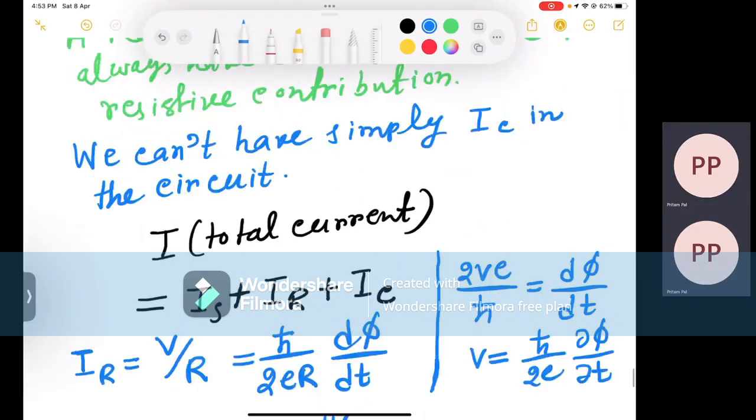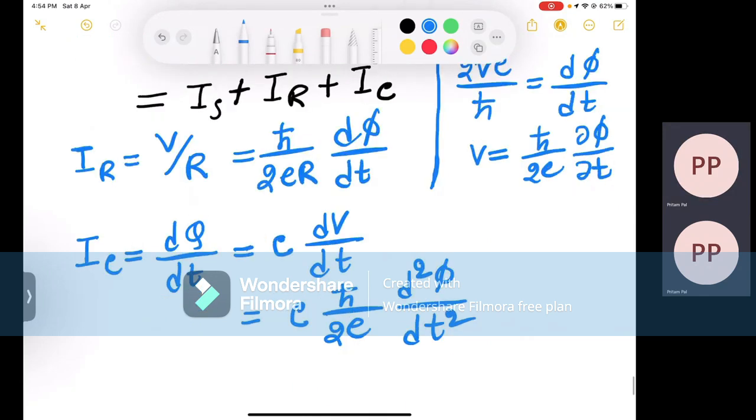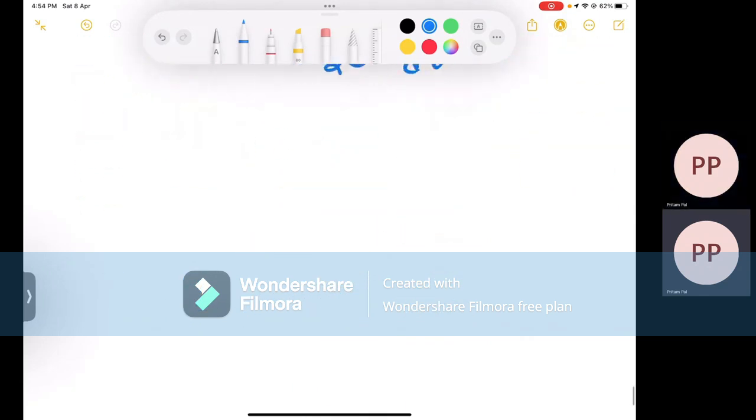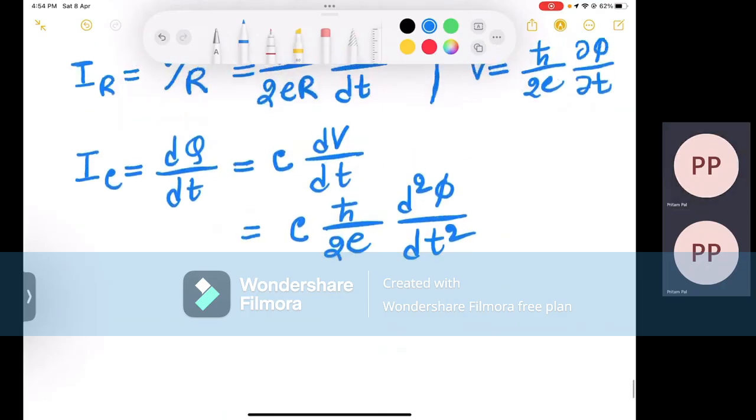So this is it. Whatever I wanted to discuss with the Josephson junction, that was it. And you can just go through it once more, and you will be able to solve all the questions accordingly. So now the last topic that I want to discuss today,